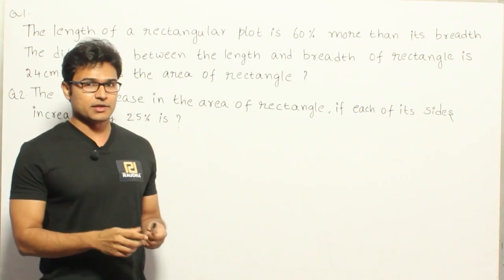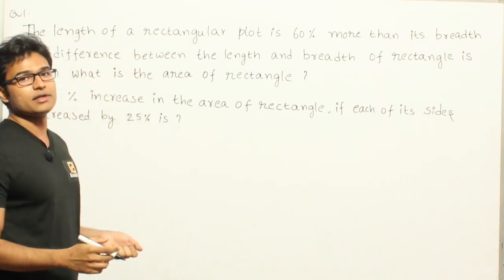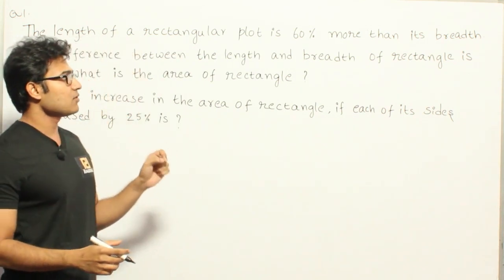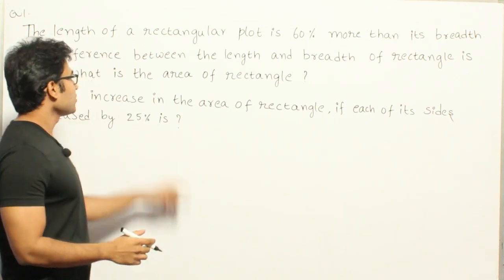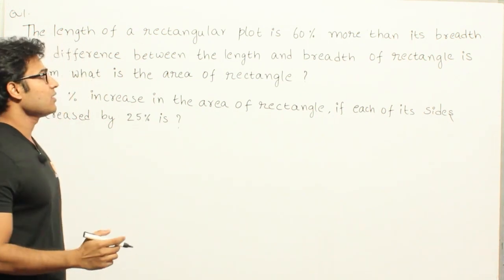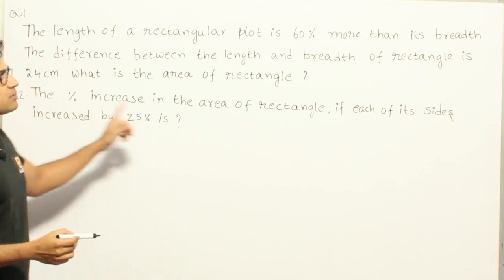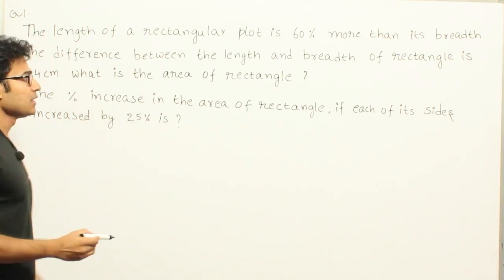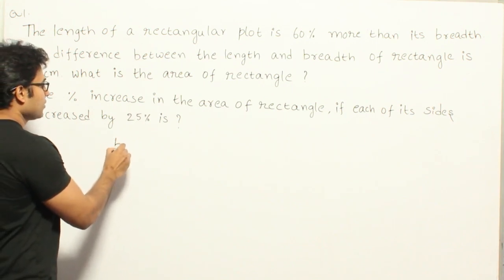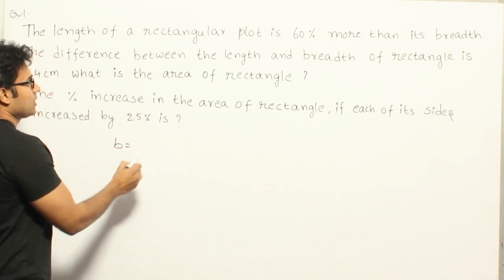information in order to find out the length and breadth instead of giving it directly, and from that you are supposed to find out length and breadth, and after that you are supposed to find out the area. So in order to find out the length and breadth, they are saying that the length is 60% more than the breadth. Okay, so if you assume that the breadth of the rectangular plot is x,